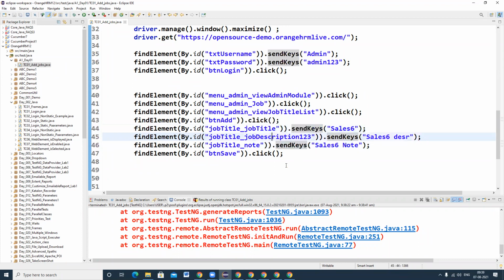In case you are giving an invalid ID, the system will get stuck, and it will fail. While executing, it will get stuck at that line.